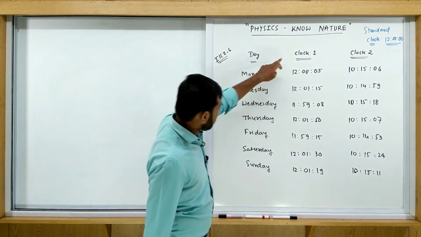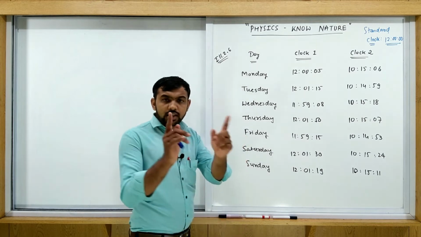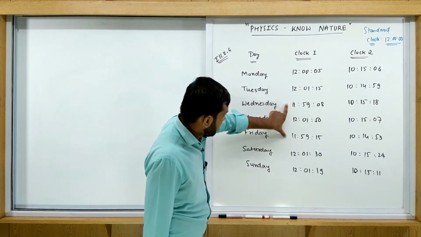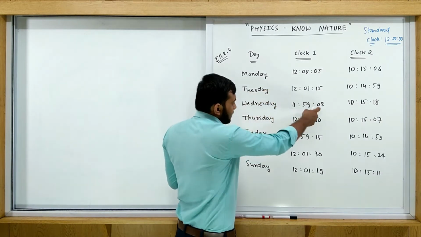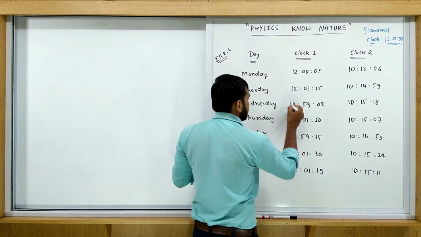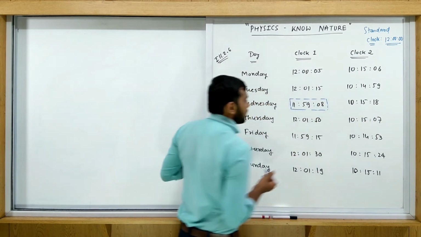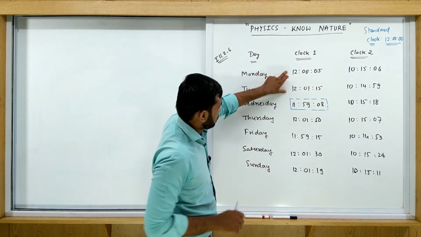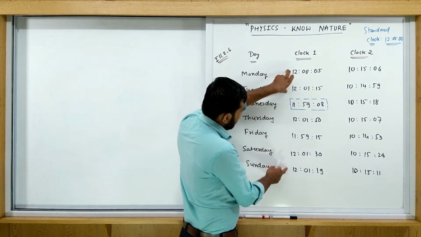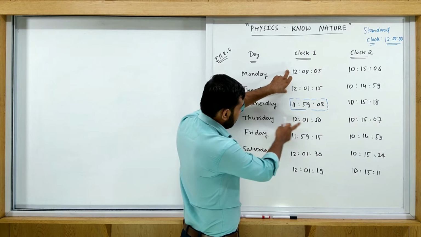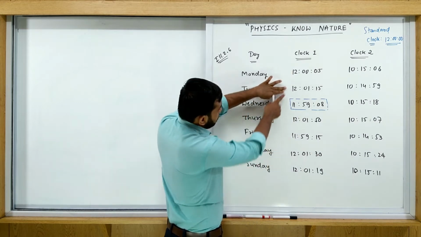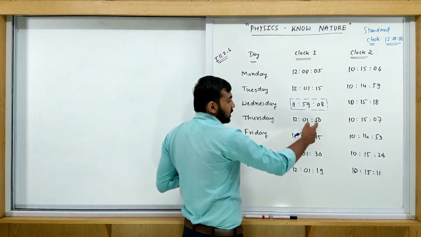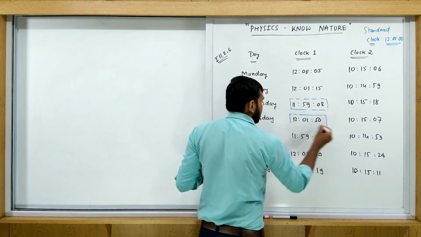So for clock 1, these are the readings. Find the range of this one. Which one is the minimum reading? 12, 12, 11 and 11. These both are 11. Out of 5908 and 5950, this is the minimum reading. Now which one is the maximum reading? 12, 12, 12 and 1, 1, 1. Out of these 4, here 15, 50, 15 and 30, this 50 is the maximum. So this is the maximum reading.